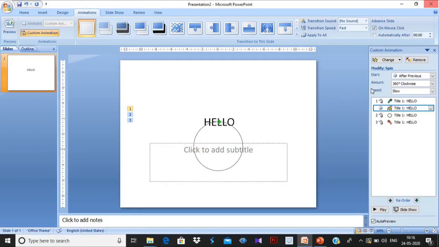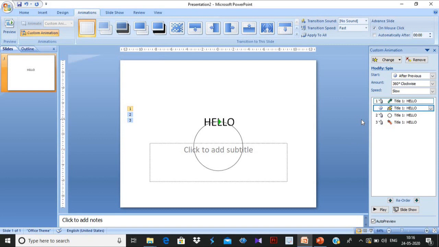Now why is it moving 2 times? Because I have selected the repeat option also. This one is moving only 1 time, and this one is also 1 time. I have applied repeat only in the second slide. That's why it is spinning 2 times. So these are certain options in this.